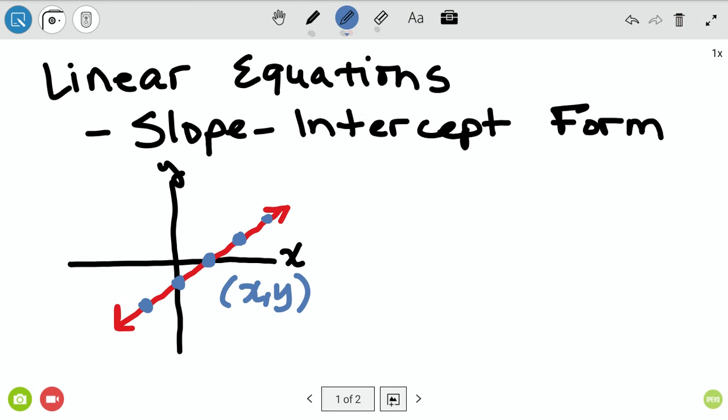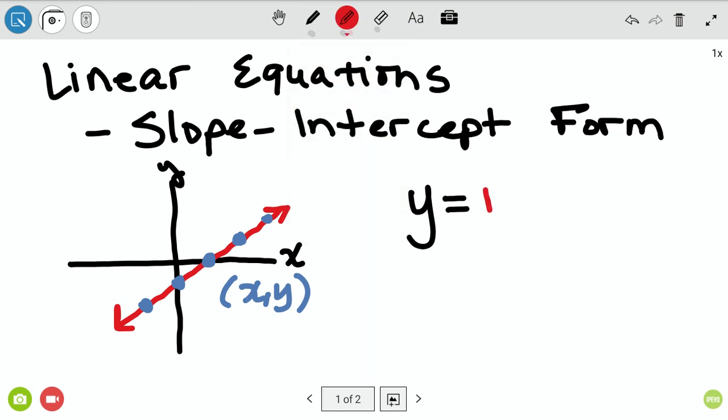Now, we've talked about in this class before, horizontal lines and vertical lines. Horizontal lines go side to side, and they only have a y, so they'll say like y equals 2. And vertical lines go up and down, and they only have an x. So there are a couple of special cases, but if there is any slant or any diagonal slant to a line whatsoever, it's going to have an x and a y. And so the form that we're going to look at the most in this next week or so is called slope intercept form, and it is y equals,